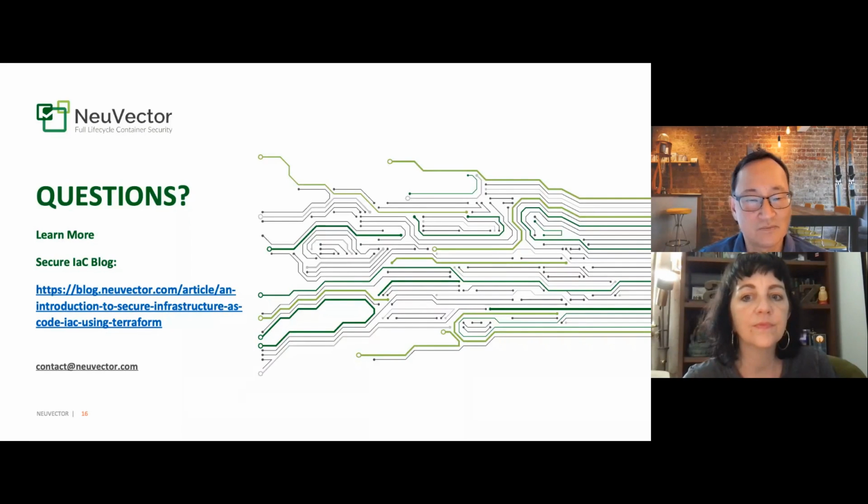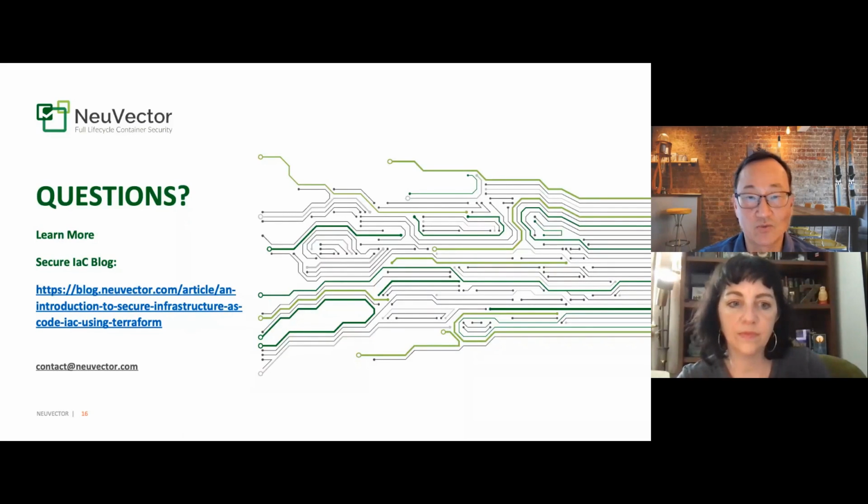There's a bunch of checks in the Docker and Kubernetes benchmarks that are host related or orchestrator related, and we continuously run those. In addition to that, if there are specific configurations that you want to monitor or check, you can write custom compliance checks into NeuVector